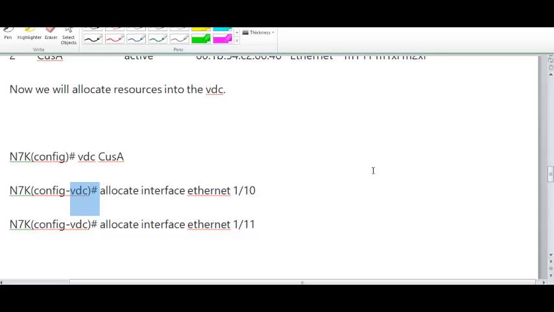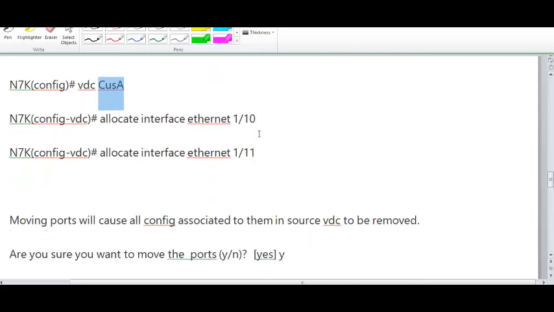You created a virtual machine, but still the creation is under process. You need to allocate some resources. So you are taken into the mode where you can say this interface, I want to give it to this customer, these two ports. You can also use a range. And then as soon as you hit enter and try to exit from this mode,